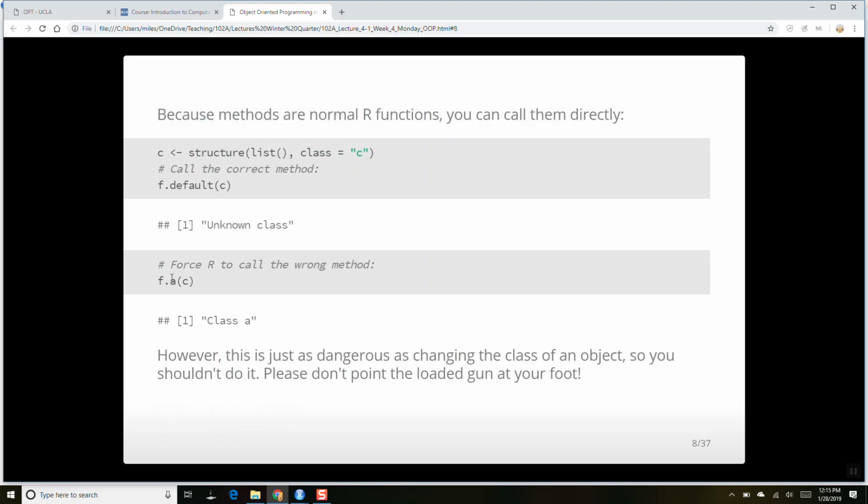But you can say, I want you to run f.a, the function that's supposed to be for objects of class A, and you can call it on object C, and it'll run. If you call the method directly, there's no check to make sure this is what you're supposed to do.